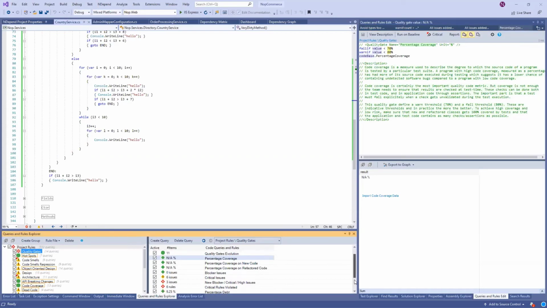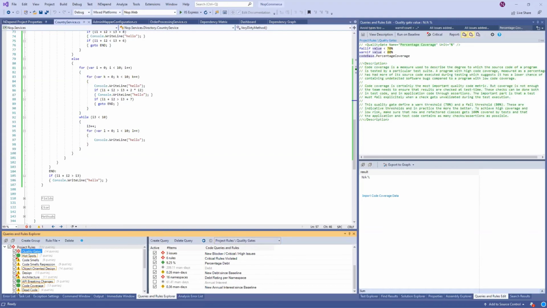And it's very important because this is how the team can be advised when bad things are happening, especially bad things on the delta since the baseline. Because typically, if you use this kind of tool, you want to be clean from now. From now, all the new code and all the refactored code should be quite clean. Or maybe you just want all the new code, and maybe you want to loosen the threshold on the refactored code.